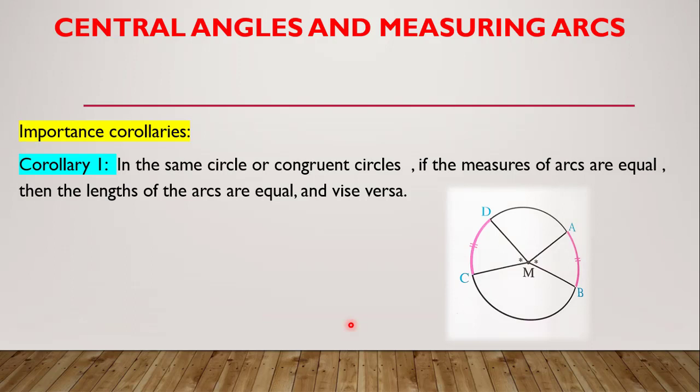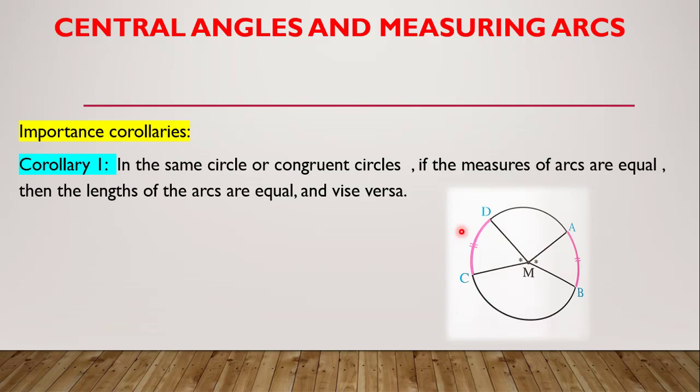We have some corollaries here. Number 1, in the same circle or congruent circles, if the measures of arcs are equal, then the lengths of arcs are equal. If we have, for example, measure of arc AB equals measure of arc DC, it means that also the lengths of the arcs are equal. Because we said before that they are the same circle or congruent circles, so R is equal. And we have equal measures of arcs, then if you apply the rule,